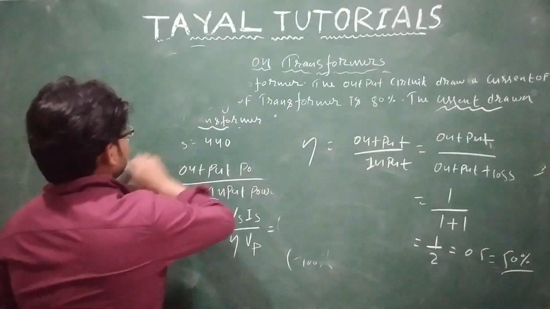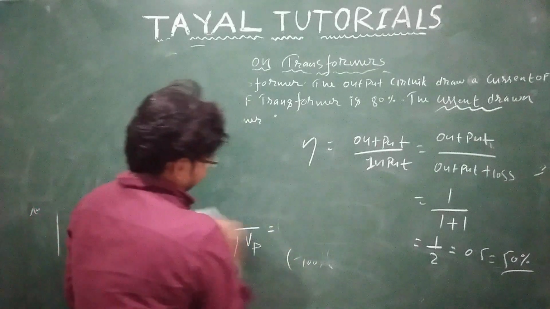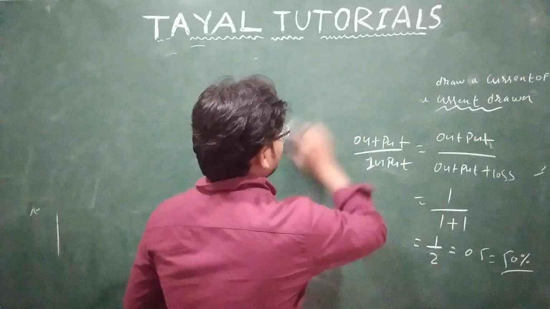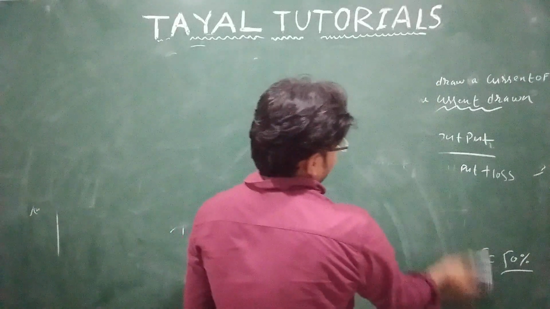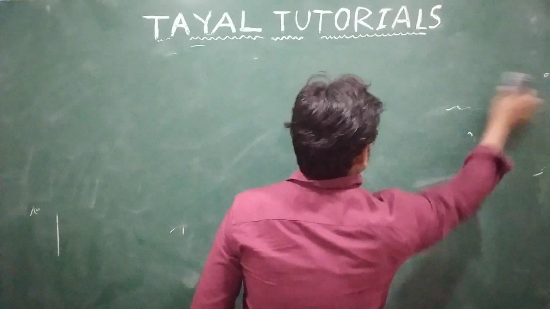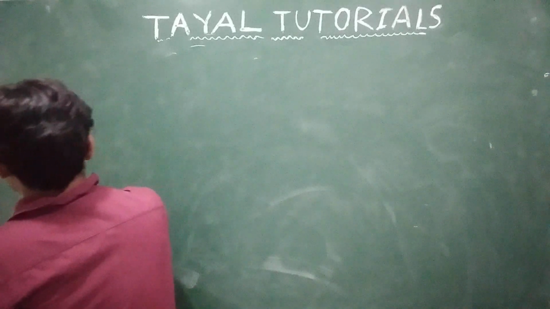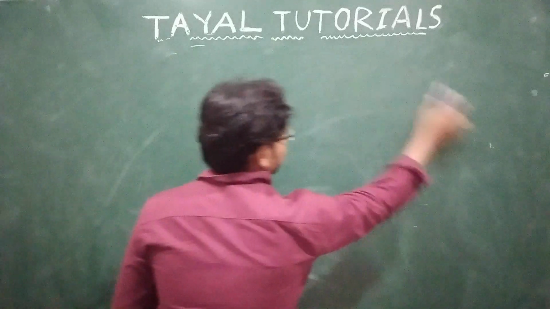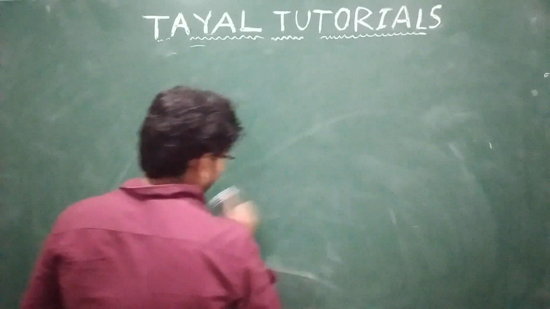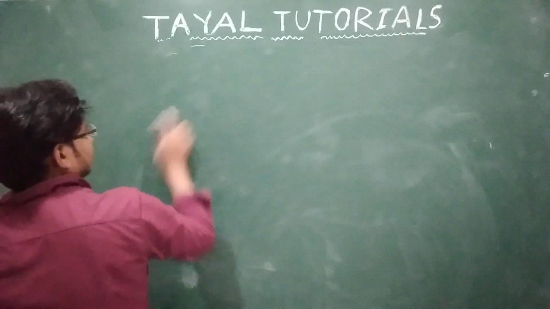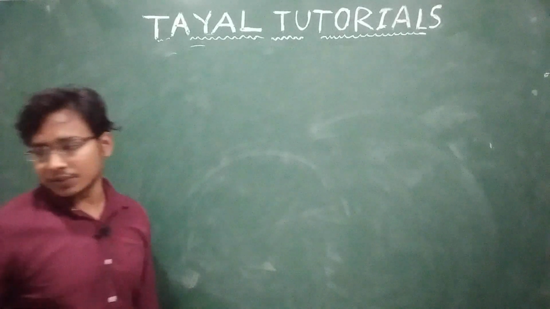Other problems we will discuss. That too belongs to the transformer only. This question they are asking frequently. So my sincere suggestion, please remember those equations, Vp upon Ip, Vs upon Is. Okay. See, next question.